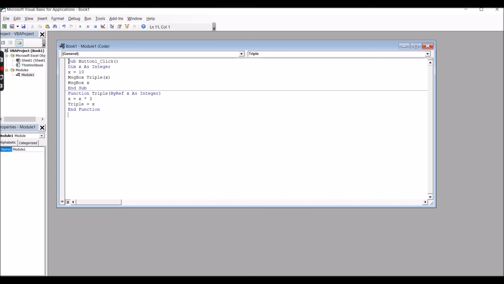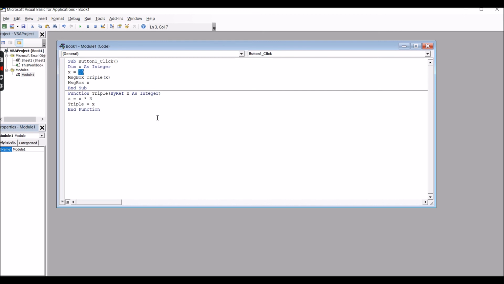Now, if you understand this full coding, that it has been assigned, how much I have assigned in the X variable: 10, and this is Button1_Click. When we click that button, the answer will give you 30 because 10 multiplied by 3 will give you 30. So these are the functions of the Triple that I am calling, this Triple function. From here I am calling to here. By reference, which integer am I talking about? I am talking about this integer, and how much will it store in the integer? 10. 10 multiplied by 3 will give you 30.